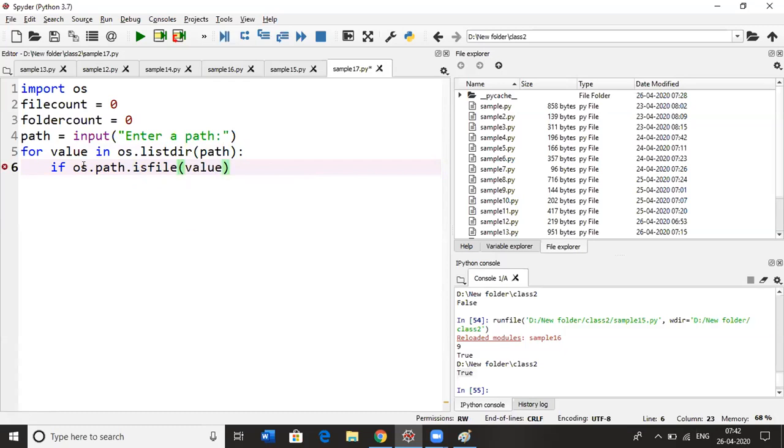For that we can use path plus value. Whatever path the user gives, just add the path with the file name or folder name. So it will check whether this is a file or not. And we need to increment the file count. That is 5. We need to increment the value.